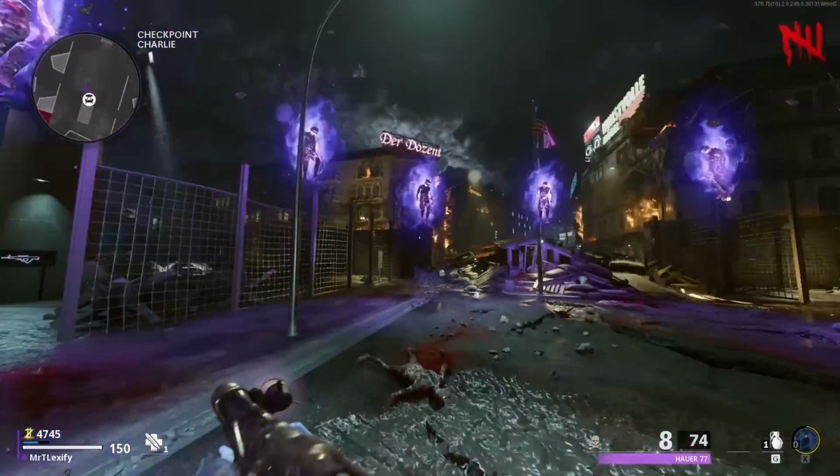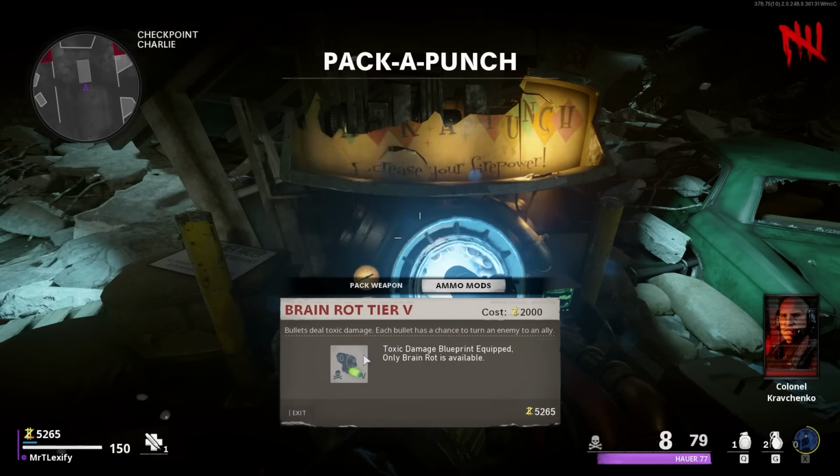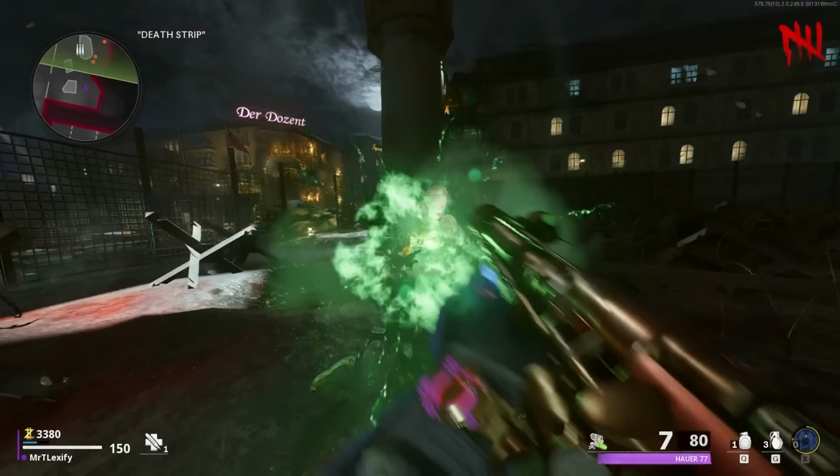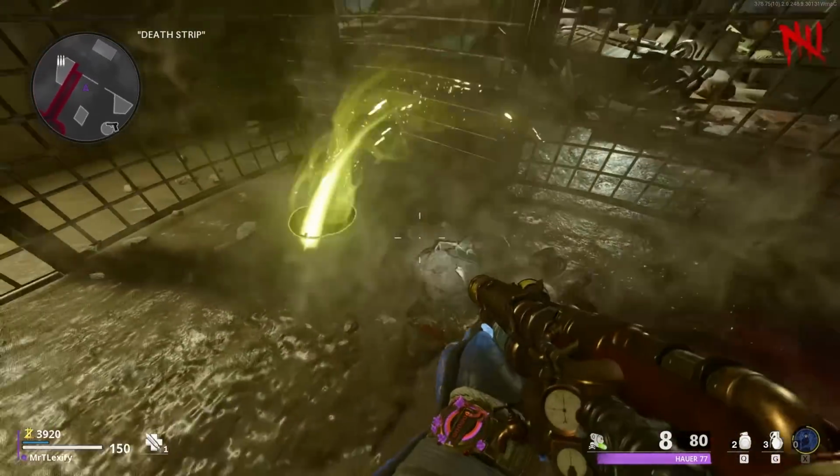Then go up top to the Pack-a-Punch machine, and all you need to do here is take out the disciple. You don't actually need to take out all these other zombies, but make sure once you've done this to go to the Pack-a-Punch and get Brain Rot. You're going to need Brain Rot, and activate all these dig piles next to the Pap until you find this